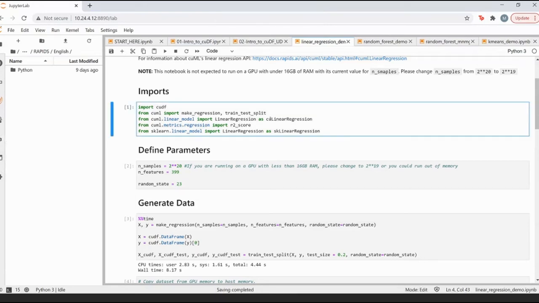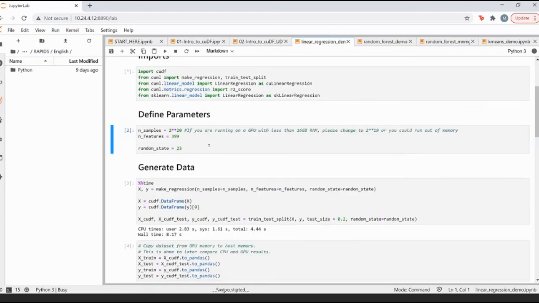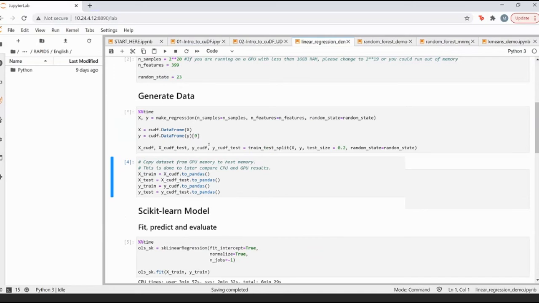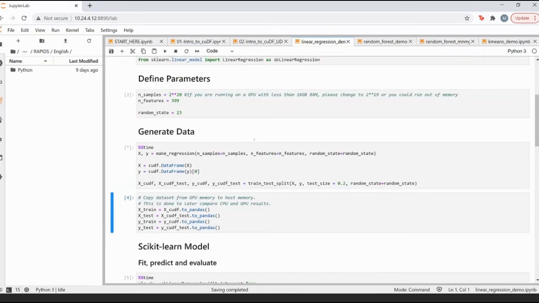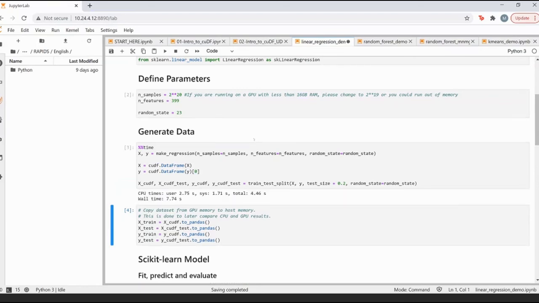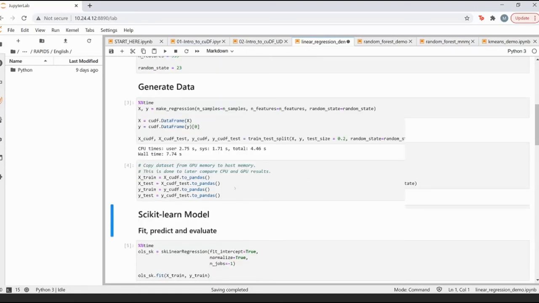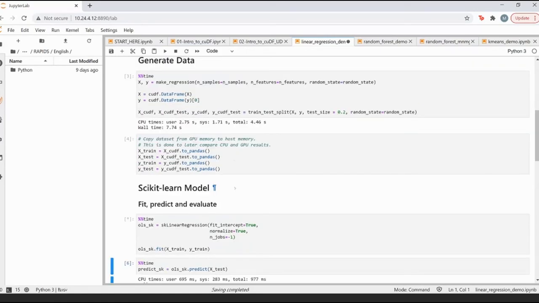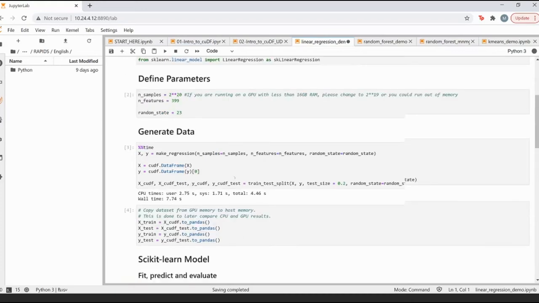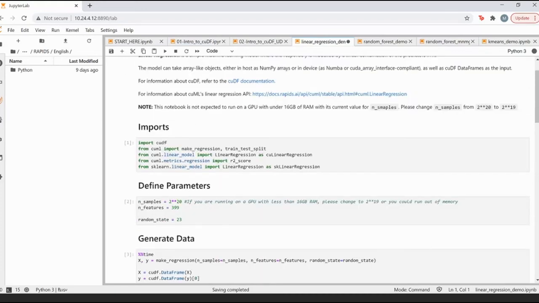And because we are doing it on a dummy dataset, which is going to be small, you won't see that huge of a difference, but it will still be enough for you to see that it gives much better performance. But this becomes extremely visible when you have to deal with really large scale datasets, especially in enterprise settings, where you have large scale datasets that need to be processed. So let me go through all of this. So I've imported cuDF.